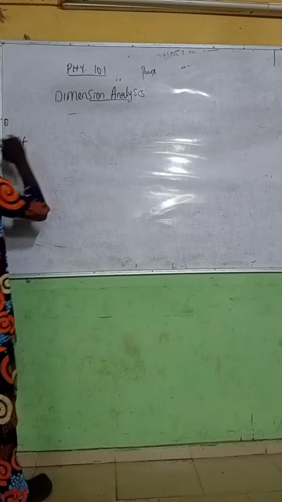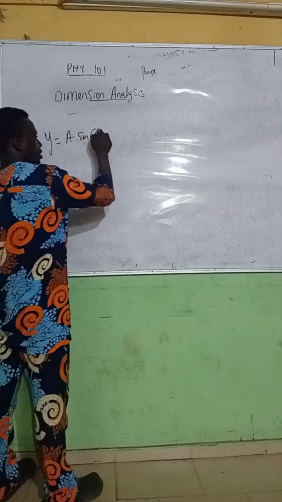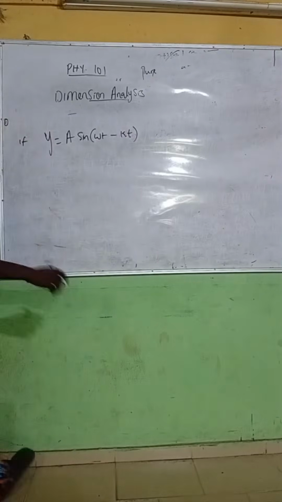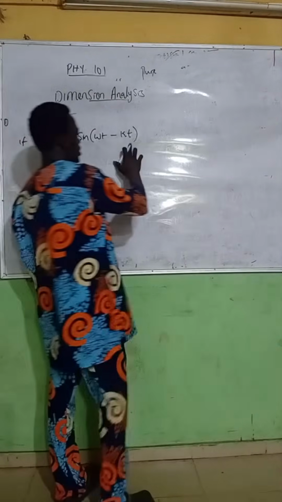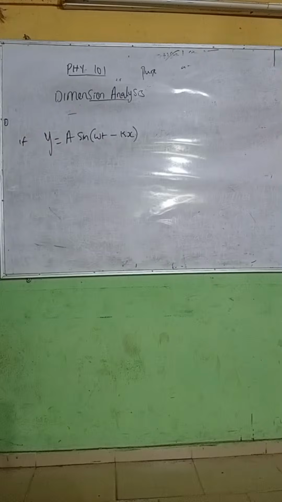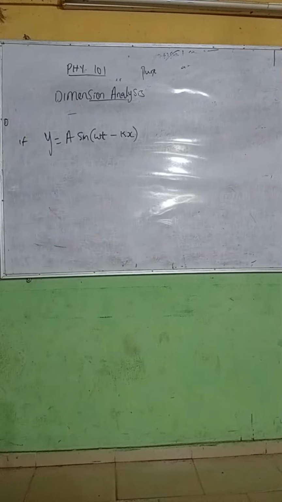If y equals A sine (Wt minus kx), where k is a constant. Is it kt or kx? Wt minus kx, that is the progressive wave function formula. Yeah, Wt minus kx, 2πft. Y equals A sine (Wt minus kx). Find the dimension of